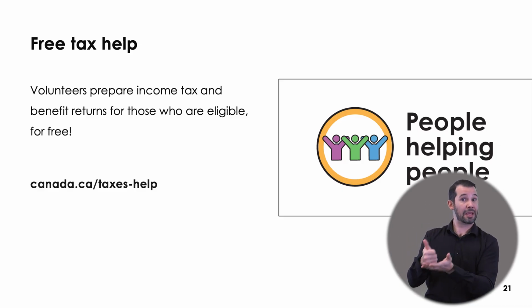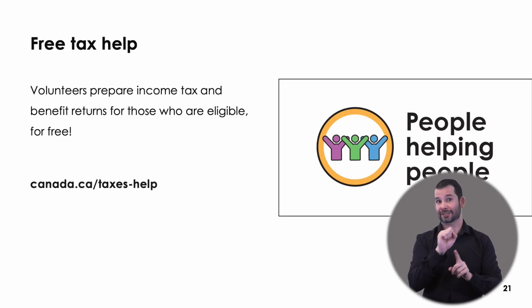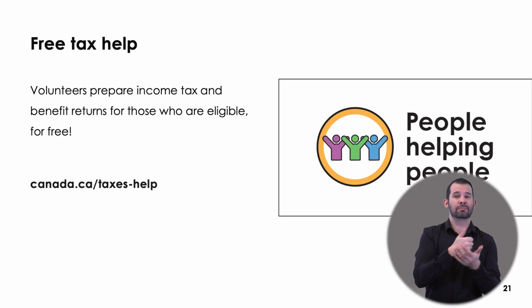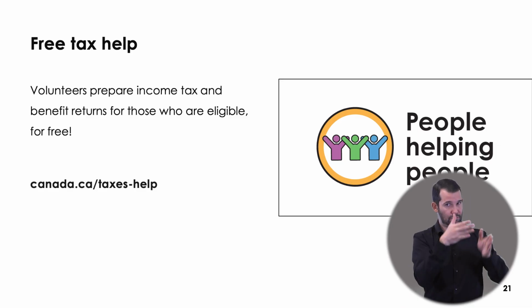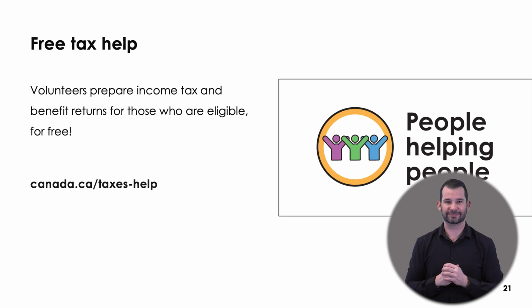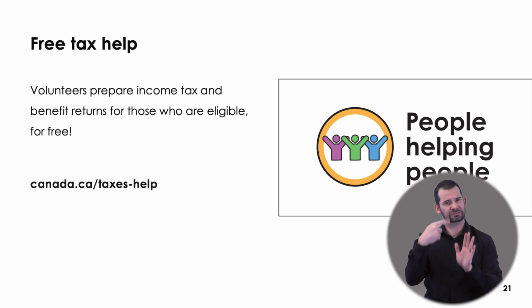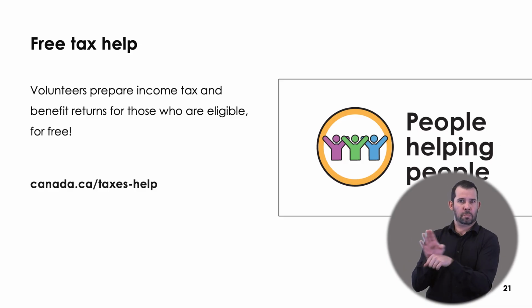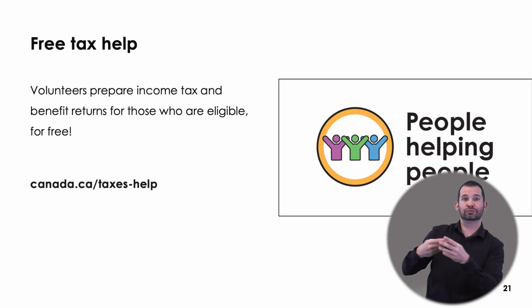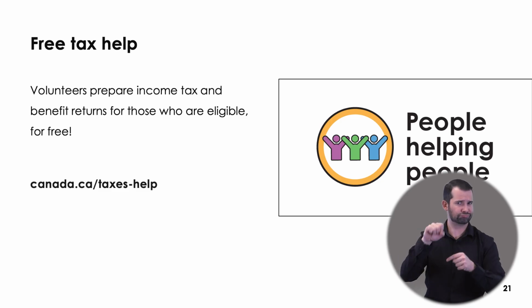You may be eligible for help at a free tax clinic if you have a modest income and a simple tax situation. Generally, a modest income is less than $35,000 for a single person and less than $45,000 for a couple. Your tax situation is simple if, for example, you don't have a small business or income from a rental property. Tax clinics are held all year.